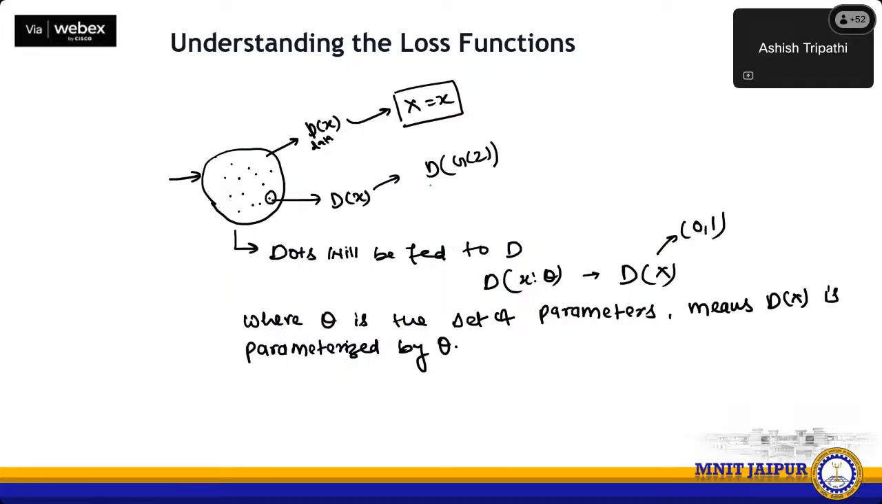So again, if I talk about the loss function, coming to the point, for example, this is the data distribution, and we can say that this is P data of x. P data of x means the probability distribution of the real data. And